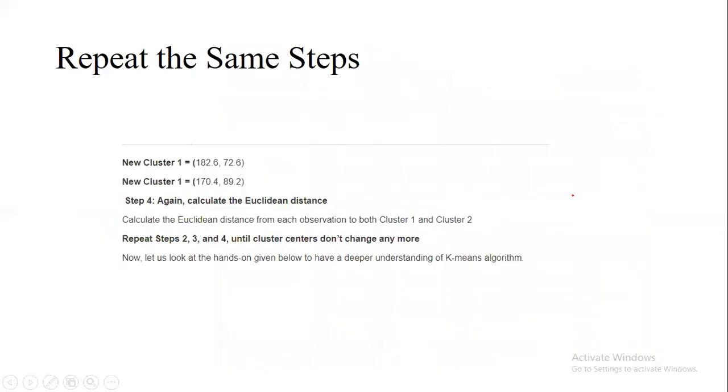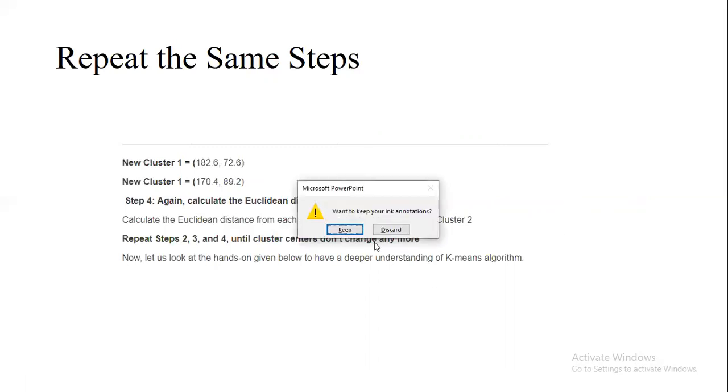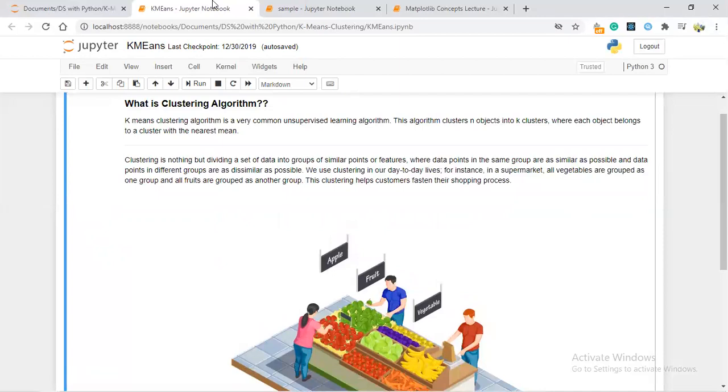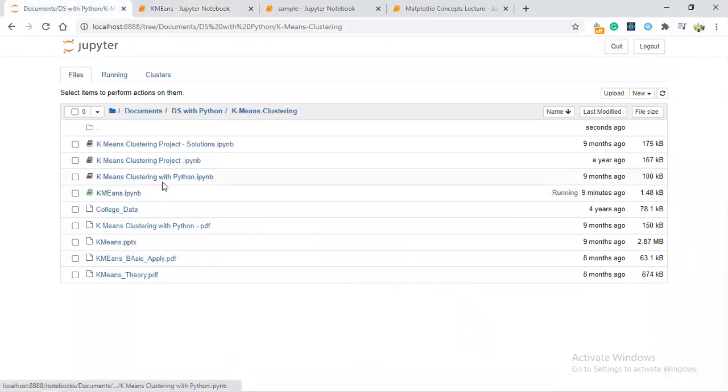Like this, you are going to repeat again and again, as much as you can. That's what K means is, again and again. The more you repeat it, the better values you will get. This is the very first thing I want you to understand. The next thing is the theory concept of how to calculate the Euclidean distance. Like logistic and linear regression, K means also has only a small amount of stuff.